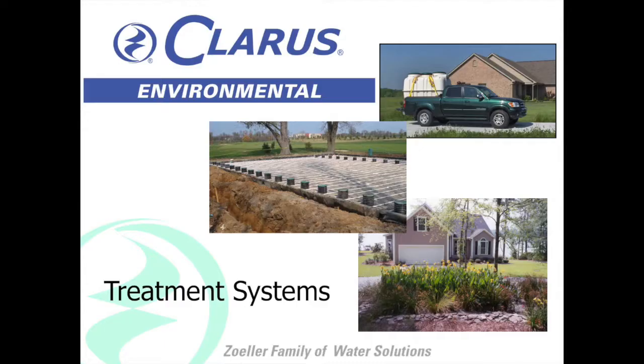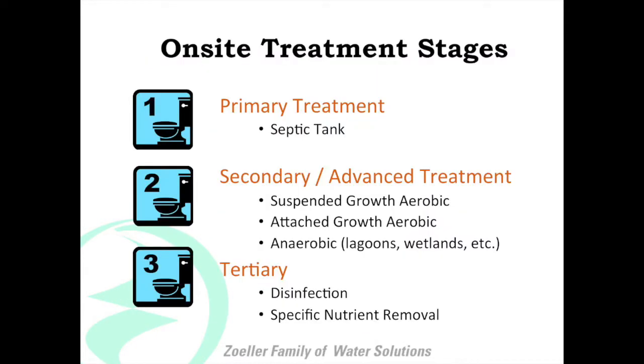I touched on this a minute ago, but we have several different types of wastewater treatment products specifically. We also have filtration products, step systems for pressure sewer applications. But I'm going to talk for the majority of my time here about one of those in particular. Before I get there, I want to talk about some of the stages that we go through in the on-site